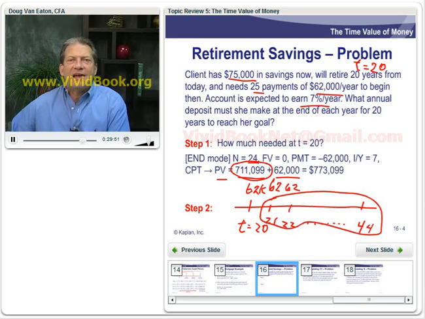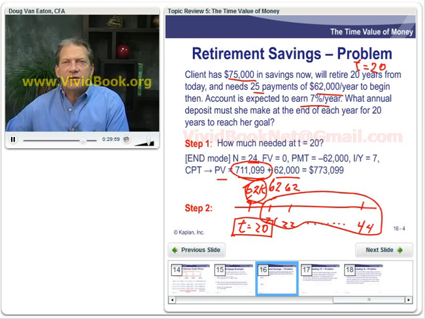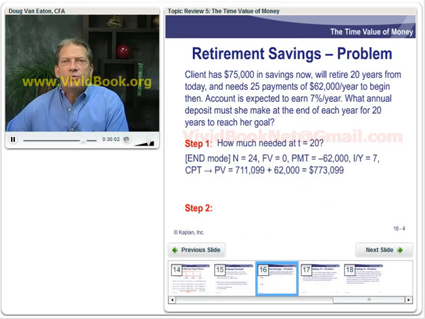And then we add that one to it to get the total amount we would need at time 20. Because if we look back to the problem here, it is clear. It says we'll retire 20 years from now and needs 25 payments of $62,000 a year that begins then. So it's really an annuity due valuation at time 20. And so that's our